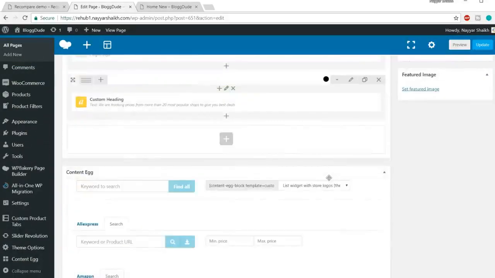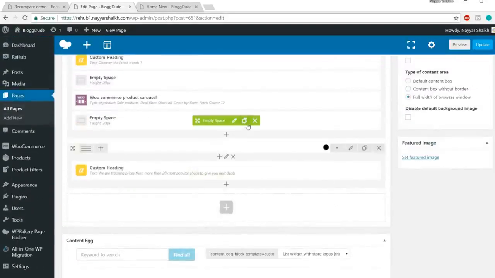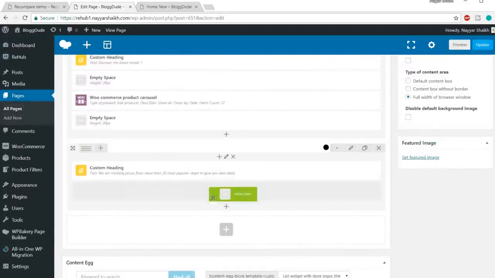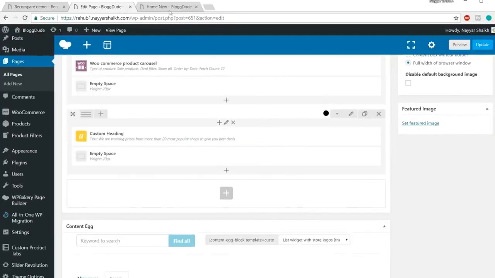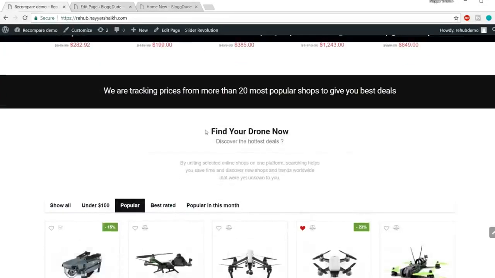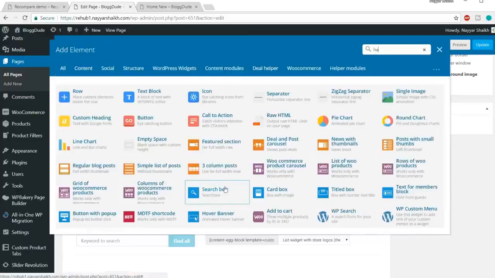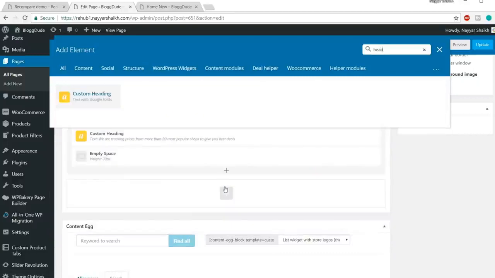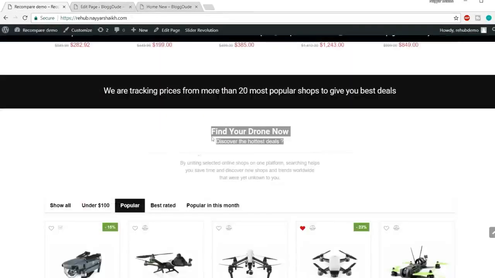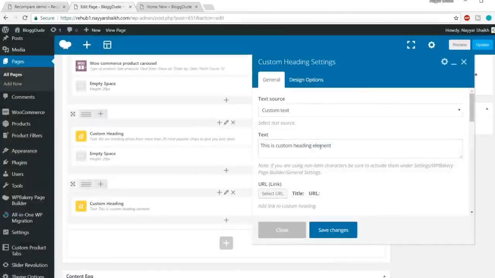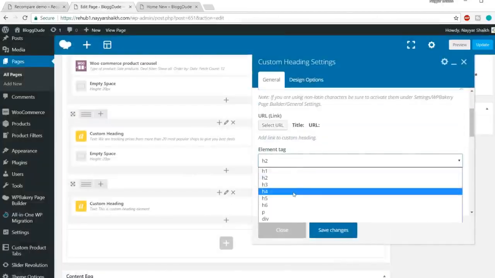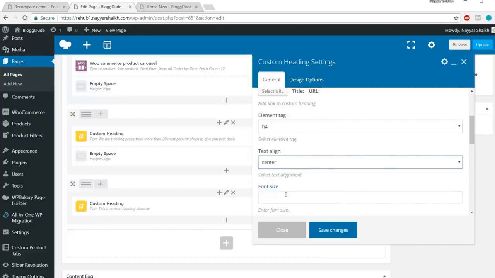So let's do that. Come back over here. Let's copy this empty space of 20 pixels and drag it below this. And now let's add a new heading and subheading for this one. So add this element, click on this button, add element, search for custom heading, select this one, copy this, find your drone now, paste it over here. Let's make it H4, center align,